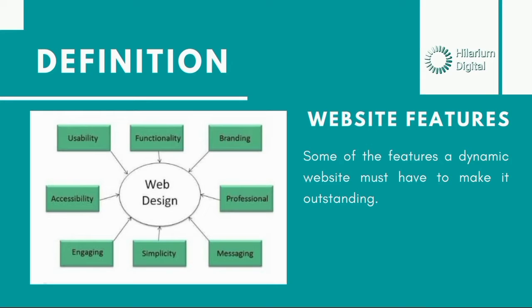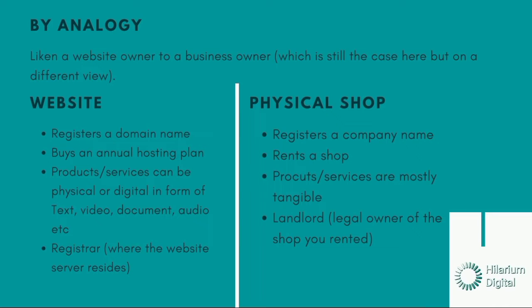So a website has to be engaging. When you say engaging, that means a website has to make people want to respond to what you said or the images, or want to interact with it. So that's what is meant by engaging. Then accessibility, your website has to be reachable. It doesn't have to be unreachable when somebody tries to visit your URL to get information. Let's say the website is unavailable, error 404, error 301. We're going to be talking about all that later in this video. I'm just trying to make this video as short as possible.